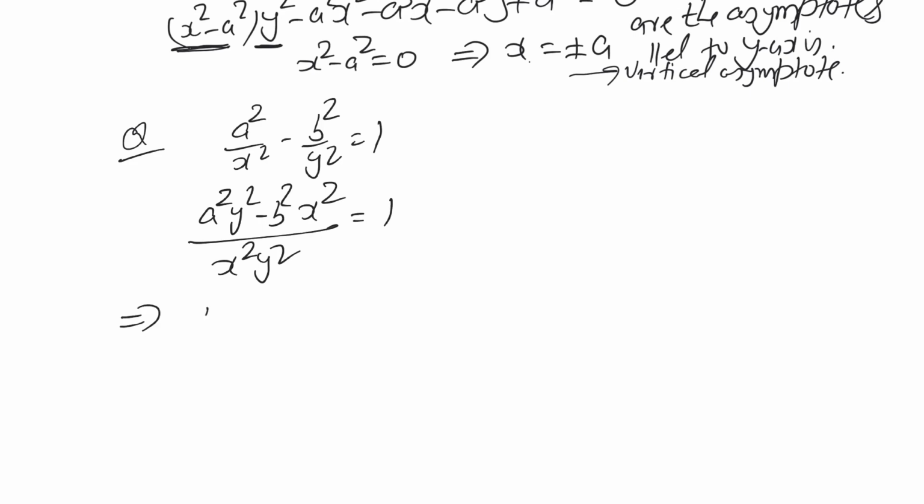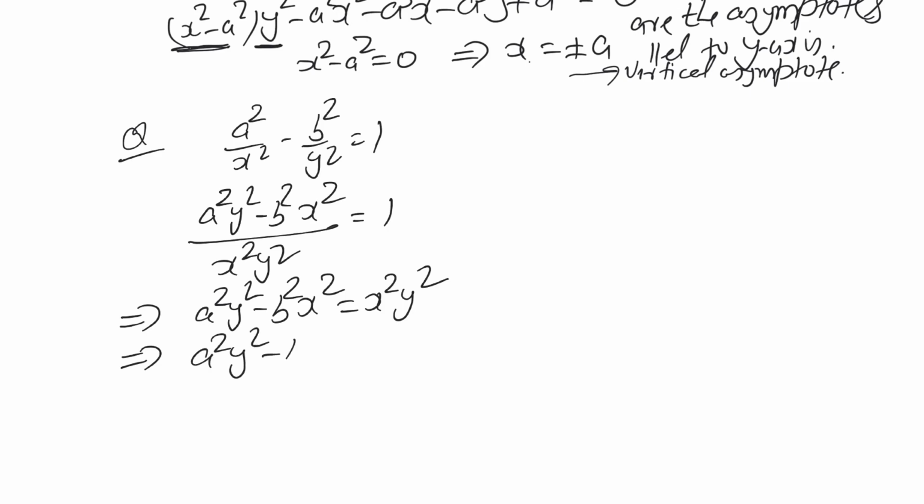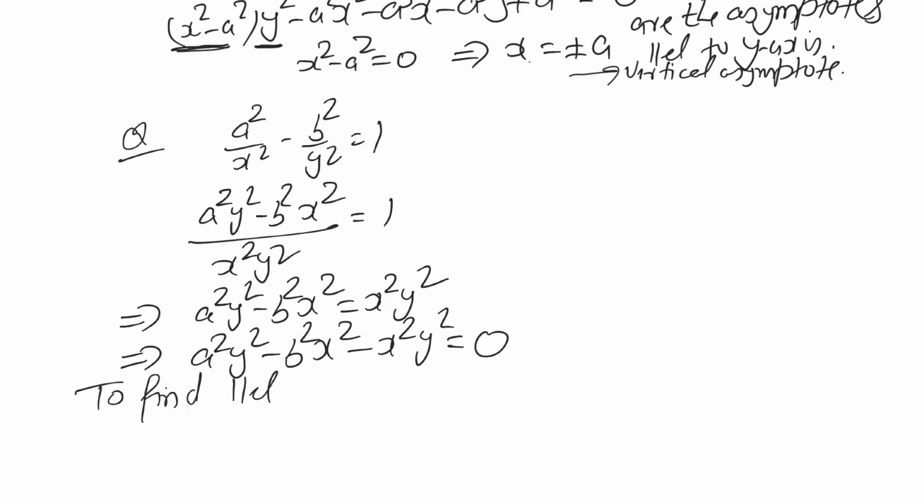This implies that a square y square minus b square x square is equal to x square y square. This implies that a square y square minus b square x square minus x square y square is equal to 0. Now to find the asymptote parallel to x-axis,